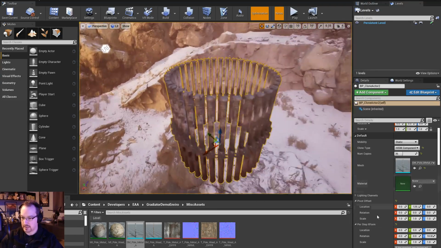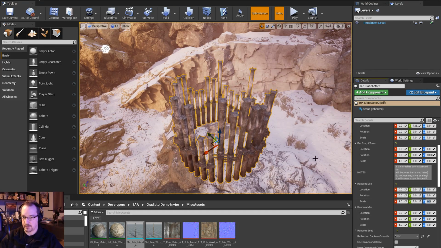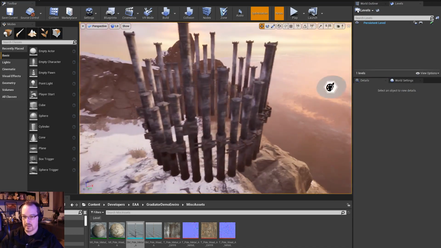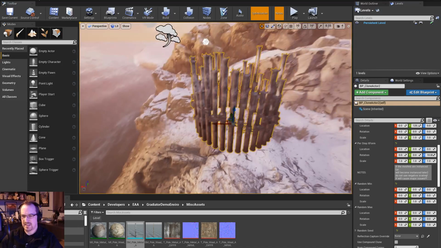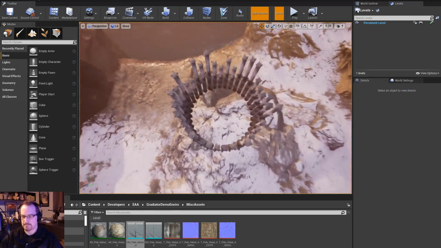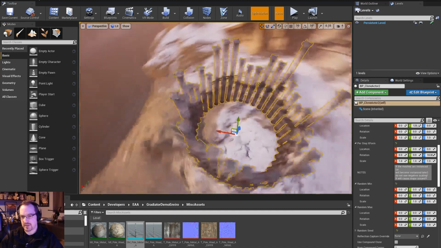You can add in some randomization as well, as built in. So let's say I want them to vary in height. I'm going to scale to 0.5, so now they will randomize in height, which is kind of nice. Hopefully this makes sense. Again, this is not super complex. It's just super useful is what it is. But there's an element to this